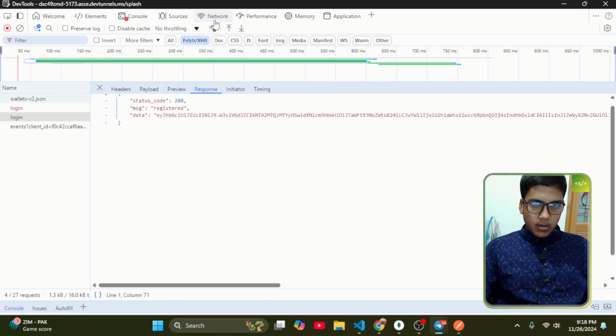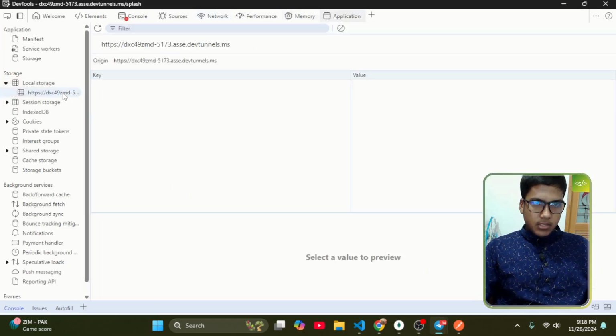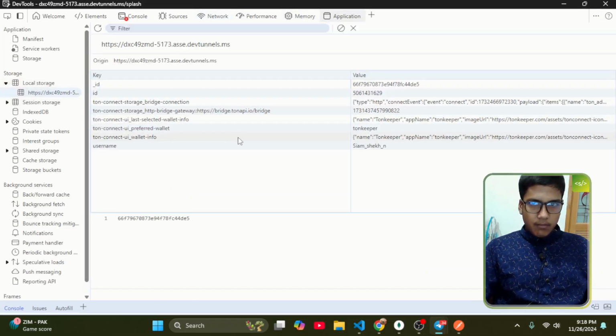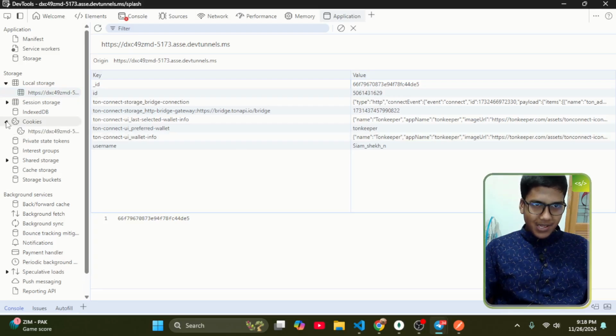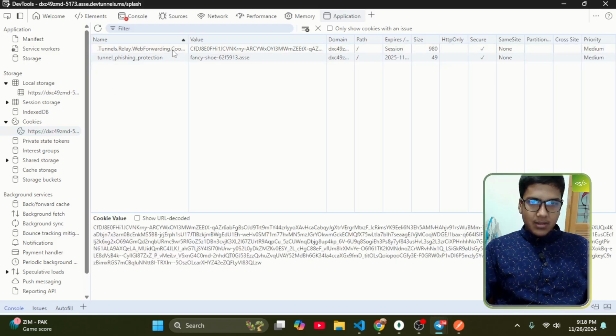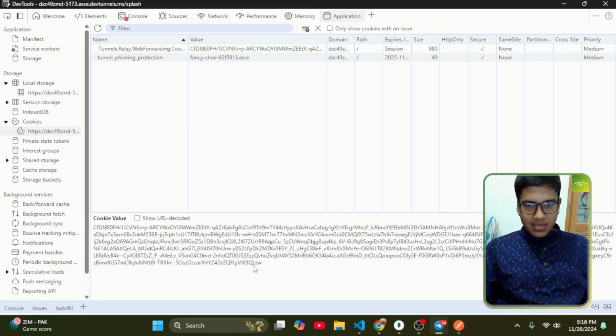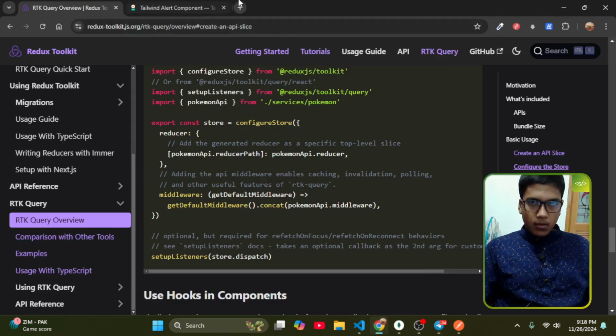And in the network, there is the network tab. I'm on the network tab. In the memory or application, yeah, in application, there is no token. Okay, I don't know where the token is. Yeah, that is the token. That is saved in a cookie. If you don't trust me, the first letters are CD CF, or I can copy that and go on